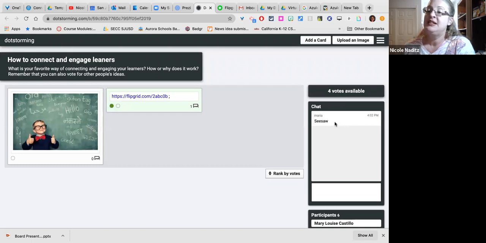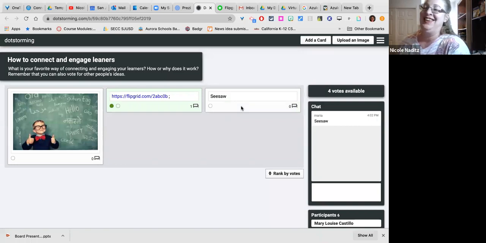So Maria put Seesaw in the chat. If Maria wanted it to be something that people vote on, what she would do is go up to the top and click where it says add a card. And then that would add a card to the middle here so that other people could see Seesaw. And instead of typing it again, they could just vote for it to indicate that they also use Seesaw to connect and engage with their learners. Thank you. So for example, I use Seesaw. So now I've voted for Seesaw, and other people could vote for it as well, but I could also comment